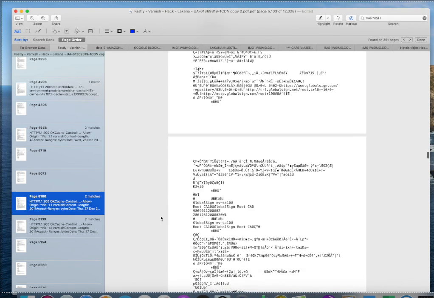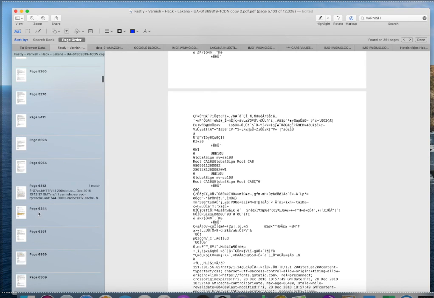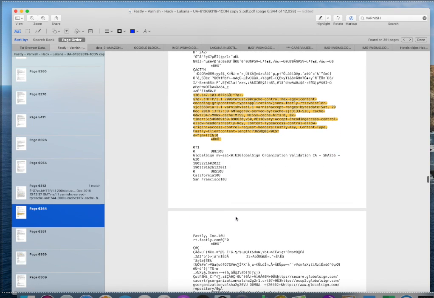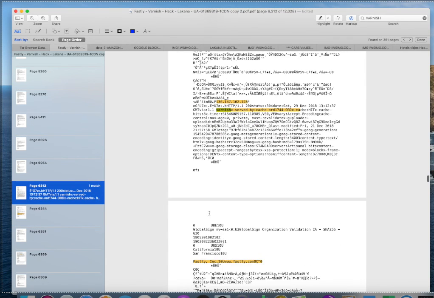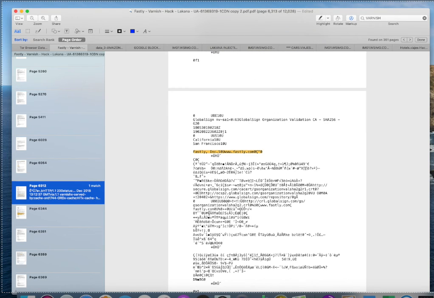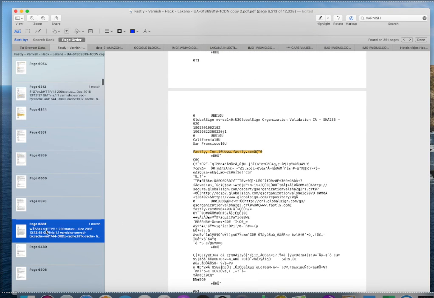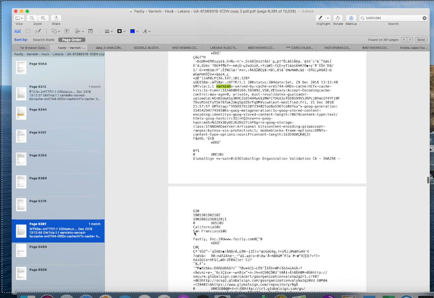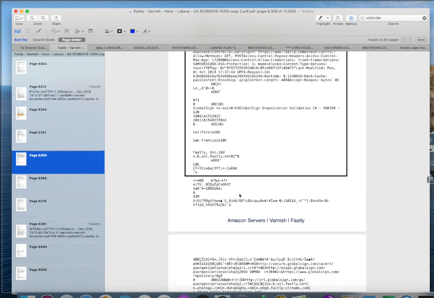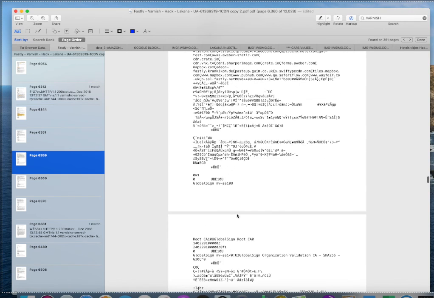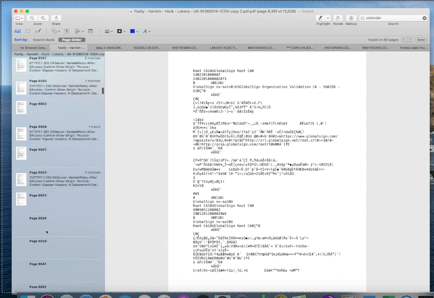This is how my browsers kept redirecting to those Nexstar Media Group TV stations, because FASTLY is using Varnish to do that.